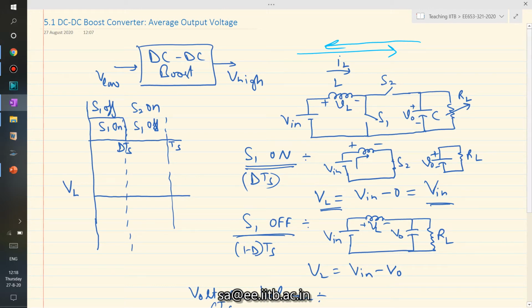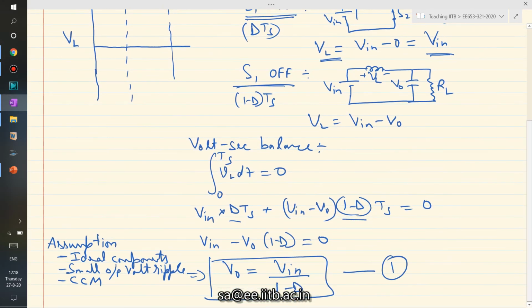It has a very similar operation, and it also follows the same rules and the same set of assumptions. So we have derived the average voltage expression here. Now we would work, the way we did for the buck converter, on the ripple voltage, the ripple component in the output voltage, the ripple component in the inductor current, and so on in subsequent videos.